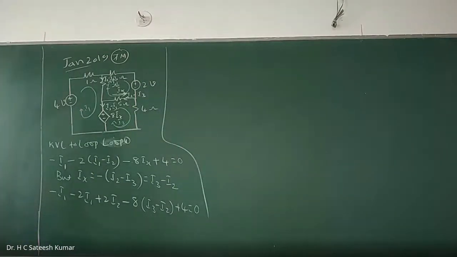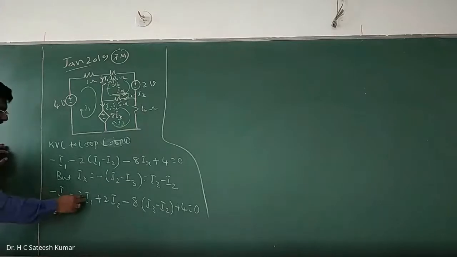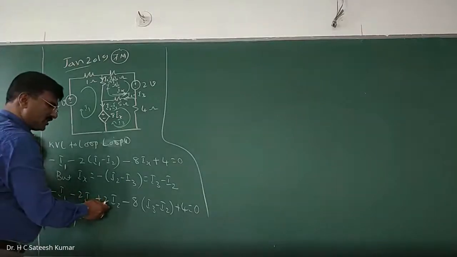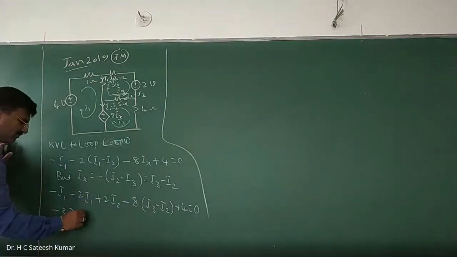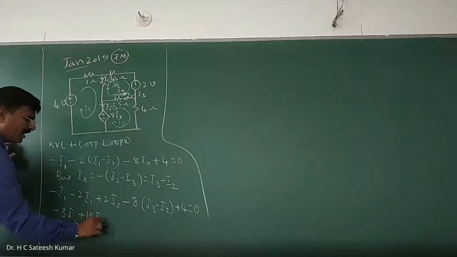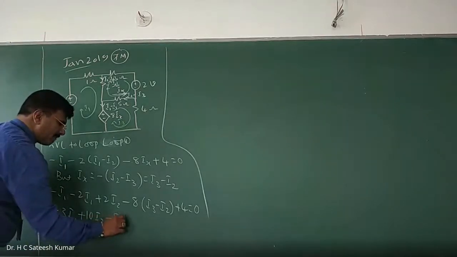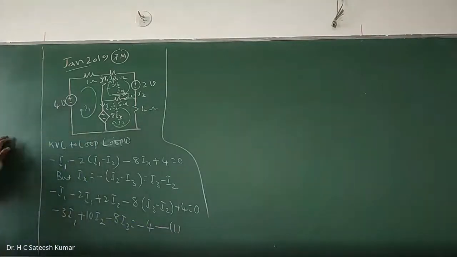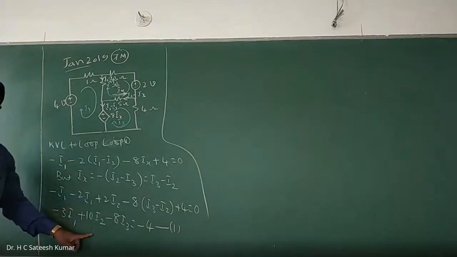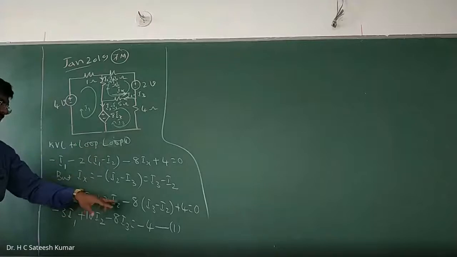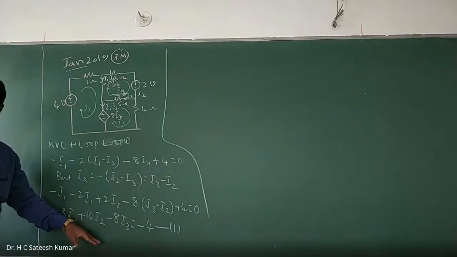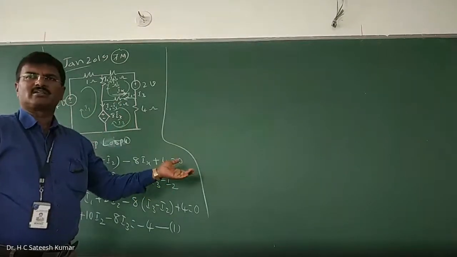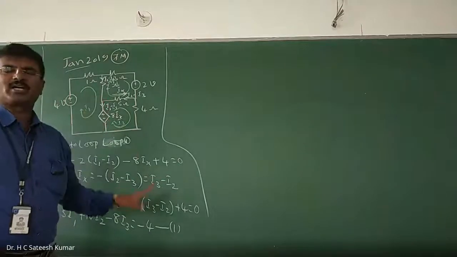Okay, right. Now group them all: minus I1 minus 2I1 gives minus 3I1, plus 2I2 plus 8I2 gives plus 10I2, and minus 8I3, is equal to minus 4. Call this equation number 1. So we got the KVL in terms of loop currents only. If Ix is there, replace it in terms of loop currents only, because ultimately in the calculator we are going to evaluate in terms of loop currents. Whatever the parameter asked, write the loop equation in terms of loop currents only. Okay, next.